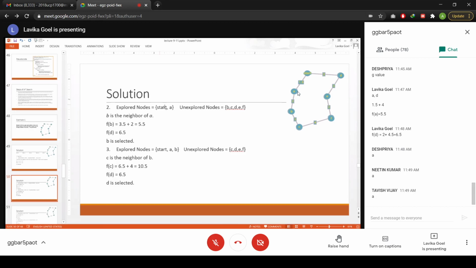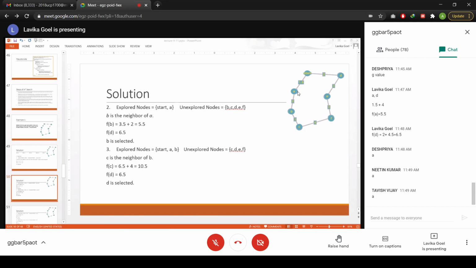So your explored nodes are the starting node as well as A. Explored nodes are the ones in the closed list, right? So your closed list now contains the starting node as well as A. Now the successor of A, there is only one successor of A, that is B, right?